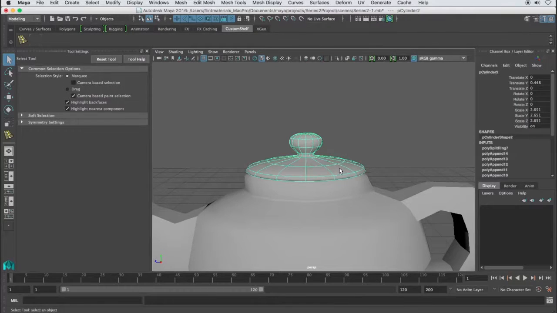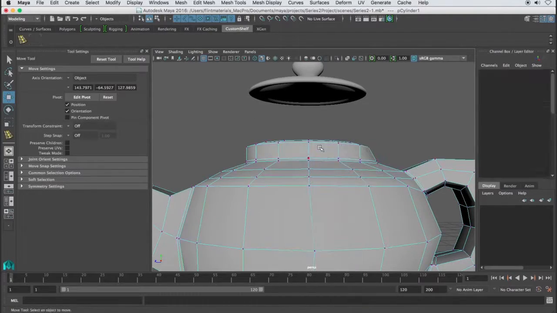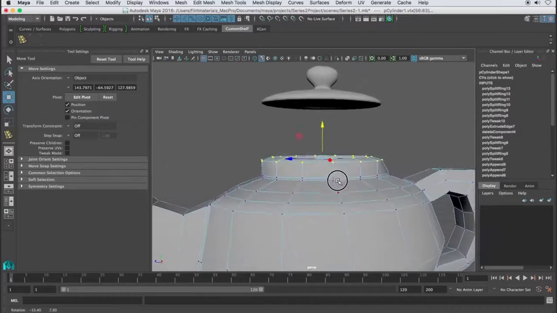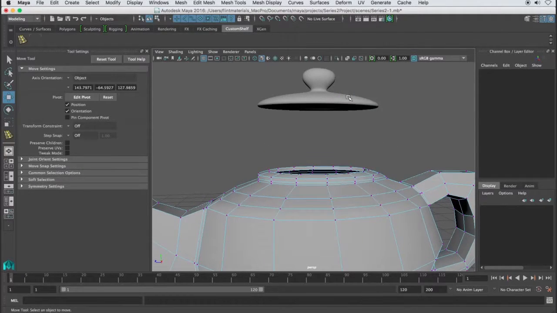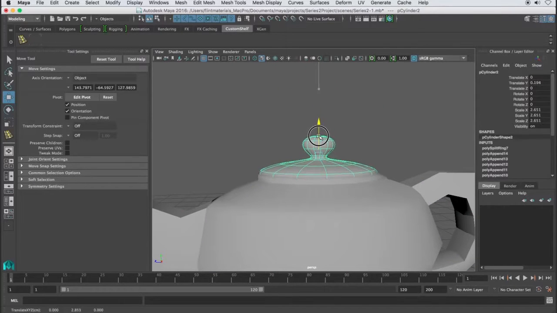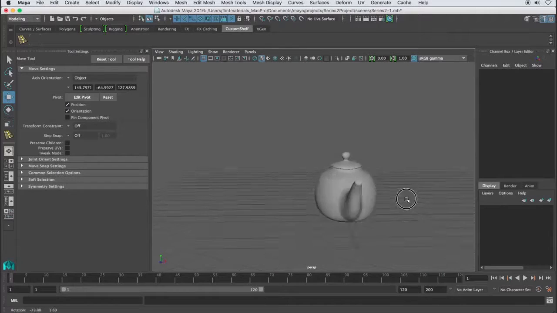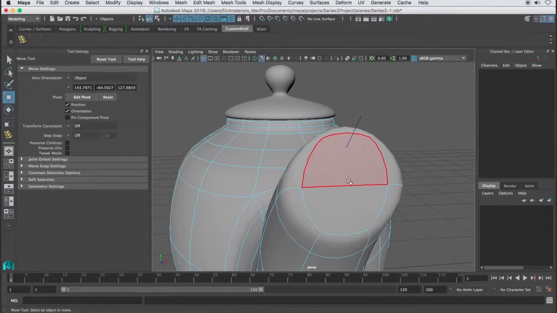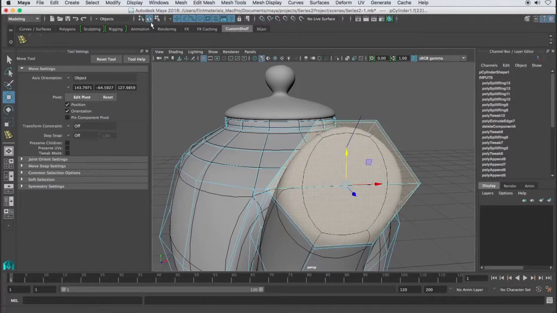I could do the same thing with the top here, which kind of looks good without that. So I am going to move that out of the way temporarily, and I'm going to bring this whole top here, make sure I didn't select it, just down. I didn't need it that high off. We could go in here, and I'm going to go to the 2. I'm going to select both these faces. I'm going to do an extrude,